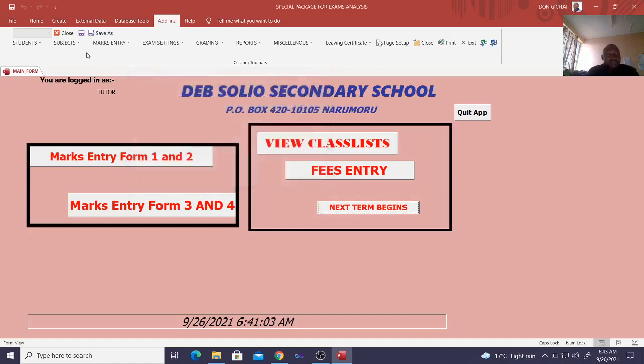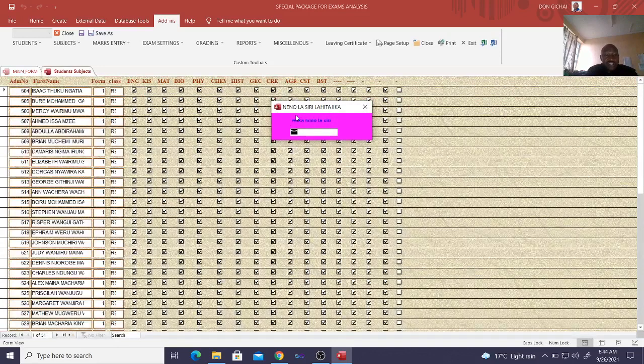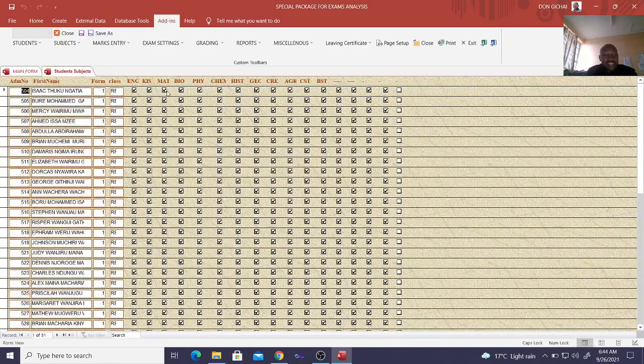Then on the other hand, if I need to do some subject selections for upper classes, I just go to subjects, then I go to subject selection here, then I can key in the password and hit enter. Therefore once I hit, if the password is correct, then enter form. For example, I just go to Form 1, then next I just go to something like that there. Therefore I'll be in a position to get the students selection list, where I can tick or untick the students